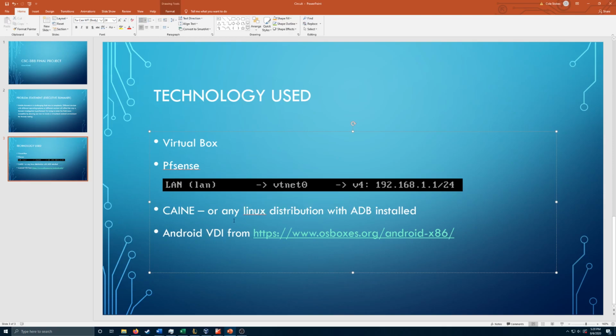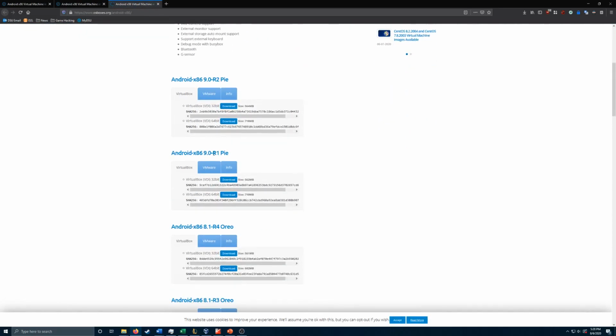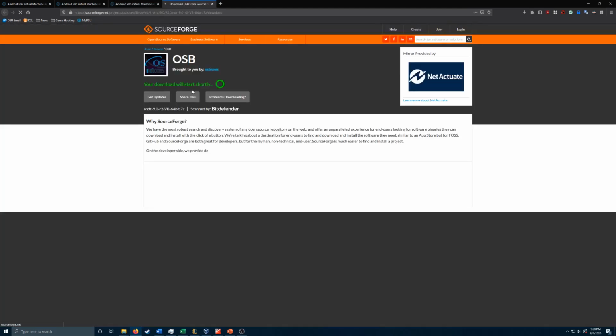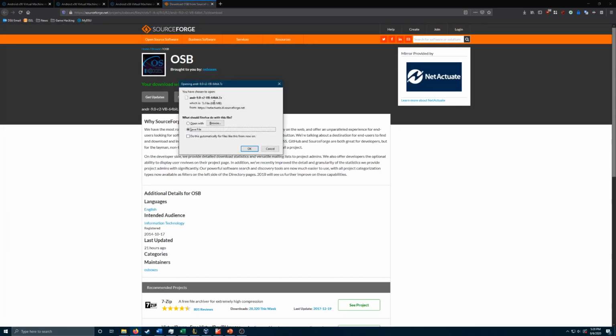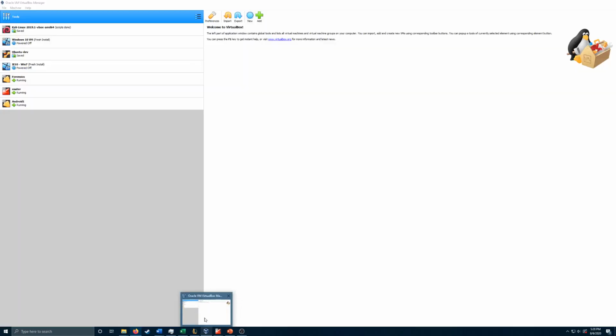So, how do I get this Android VDI? Well, you're going to go to this website, and that stands for Virtual Disk Image, by the way. For my initial test, I used the R1 Pi, the 64-bit version. But for this, I'll be using the R2 Pi. And this will give you a .7z file. You'll need to decompress this before you're able to use it, but I already have this installed, so I'm going to hit cancel,